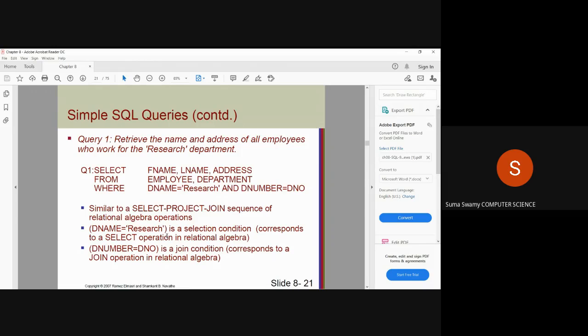Everybody should draw the UML. You have to draw two tables. One is employee, another one is department. Can you tell me which attributes you will write for the employee table?